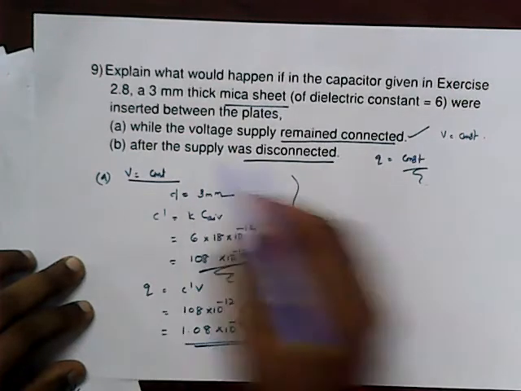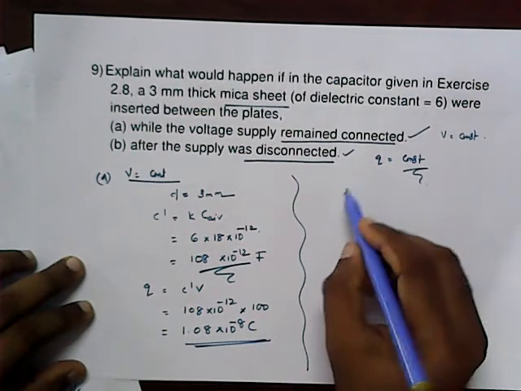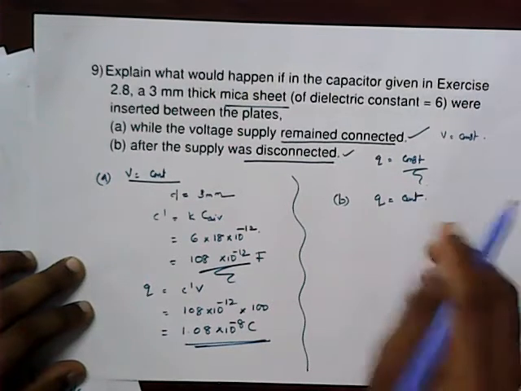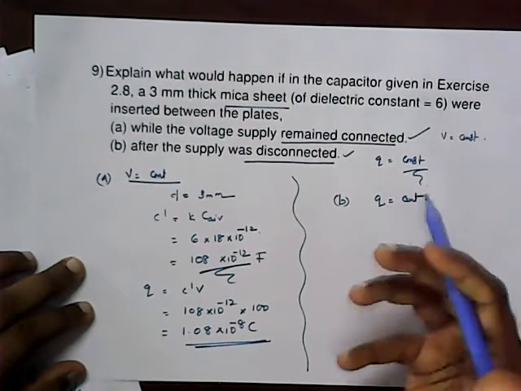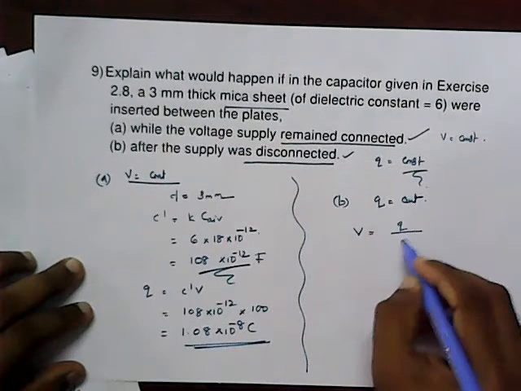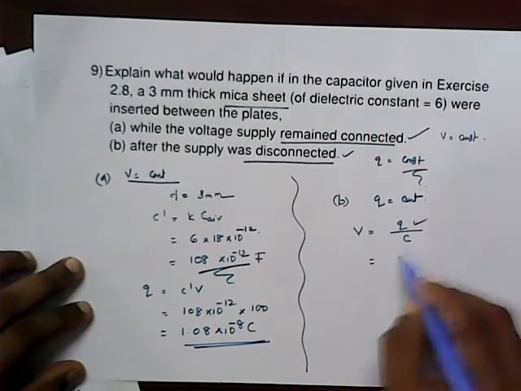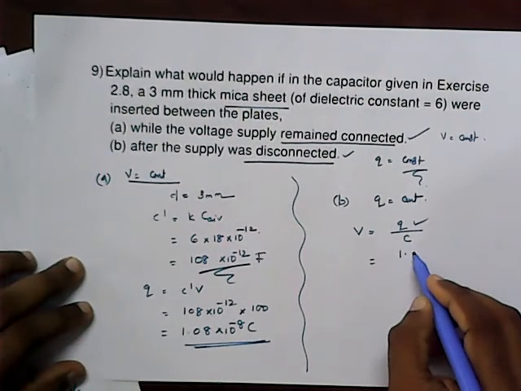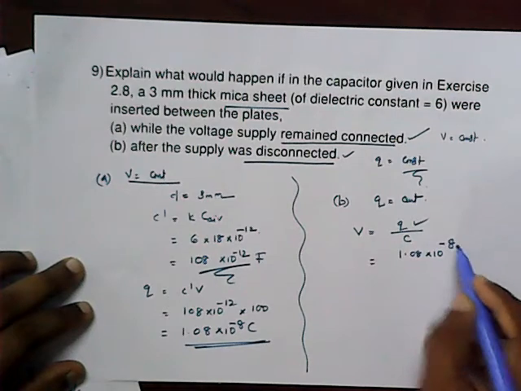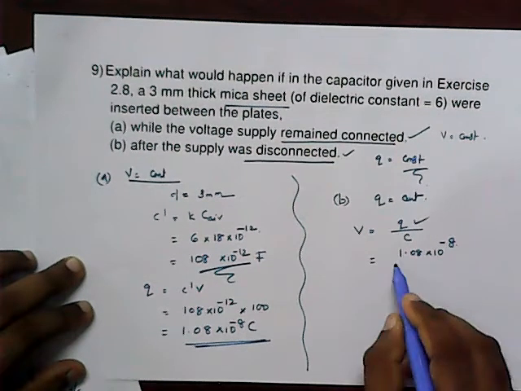But in the second case, the supply was disconnected. That means we can say the charge is constant, like in the previous case. So the potential can be found as Q divided by C. So already you know the charge is 1.08 × 10^-8, divided by